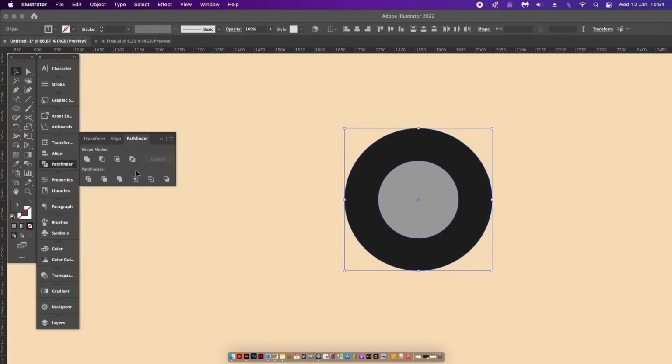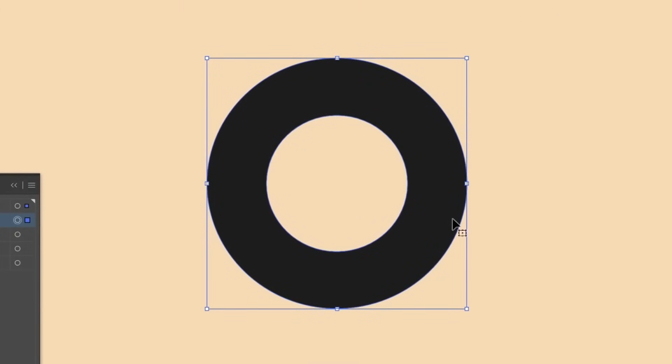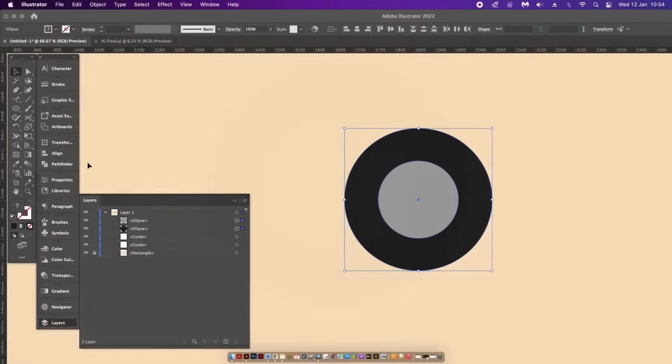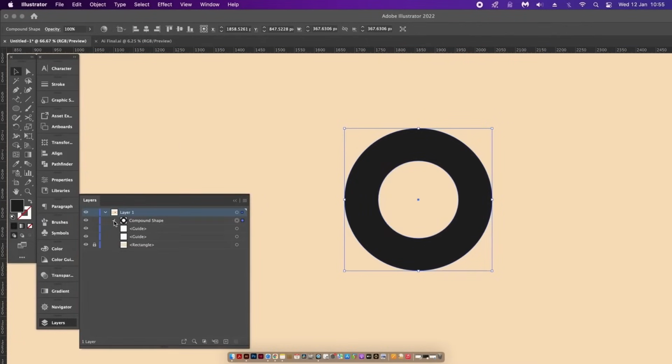If we use the Minus Front option in the Pathfinder window, I cut the top shape into the shape below. The thing is that we can see in the Layers window just here that we have just one shape. If I then go ahead and commit the same process, but this time hold down the Alt key on Windows or the Option key on a Mac while clicking the Pathfinder function, I now have a genuine compound